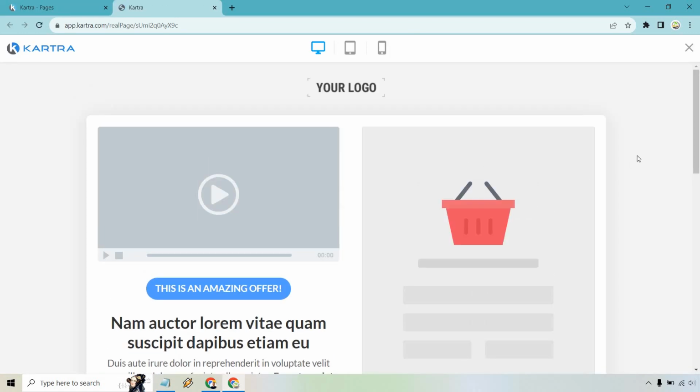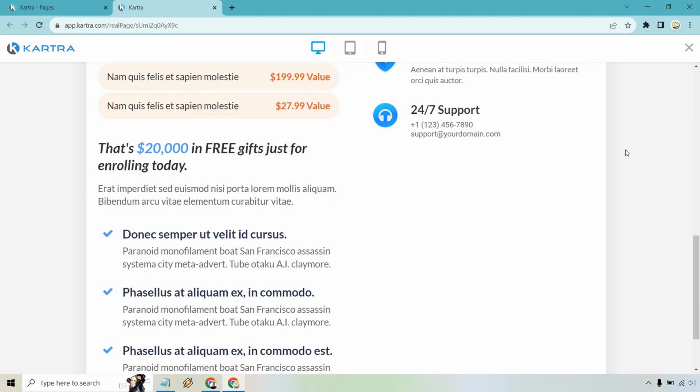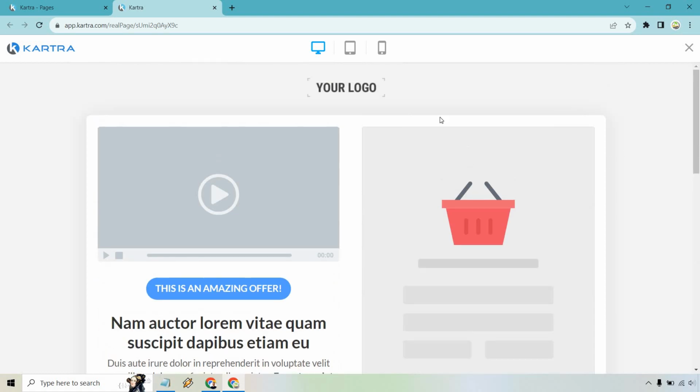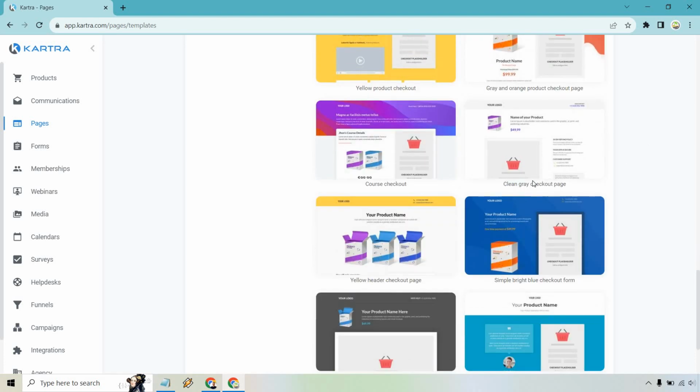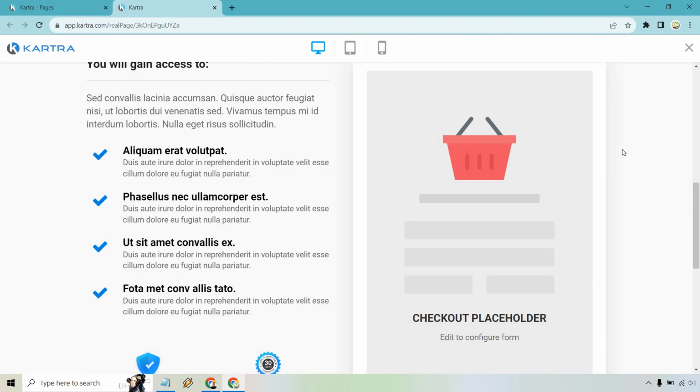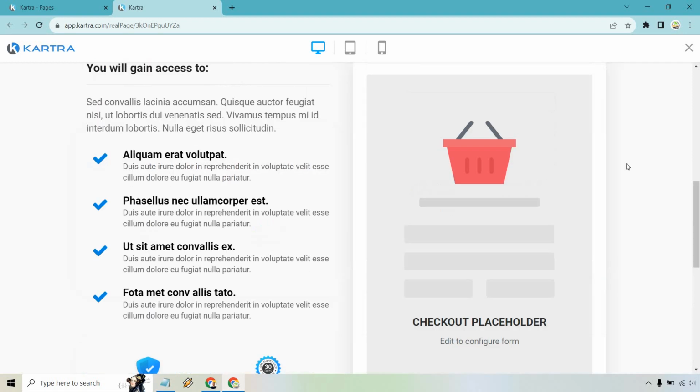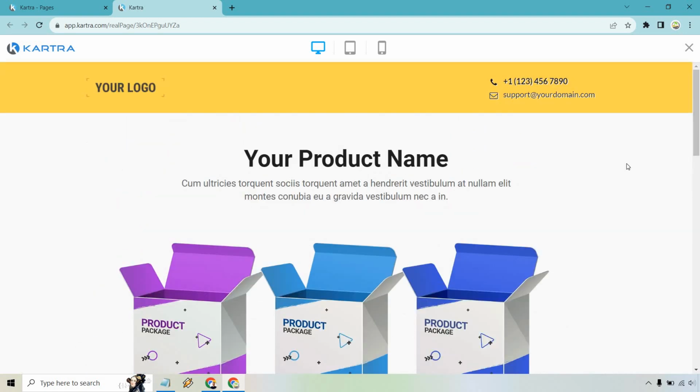So if you see ones you like, you can always split test with another one, figure out what's going to get you the best conversions, which is what you're looking for when you're selling something. And looks pretty good. Here's one with multiple, or at least just has a picture of multiple products here, what you'll gain access to. This one's probably my least favorite so far, just because I understand that so many people